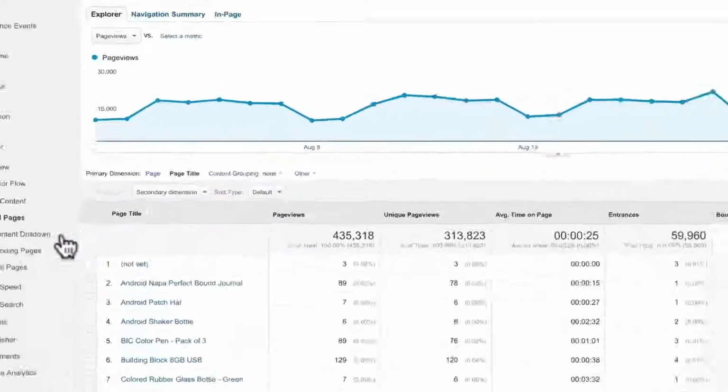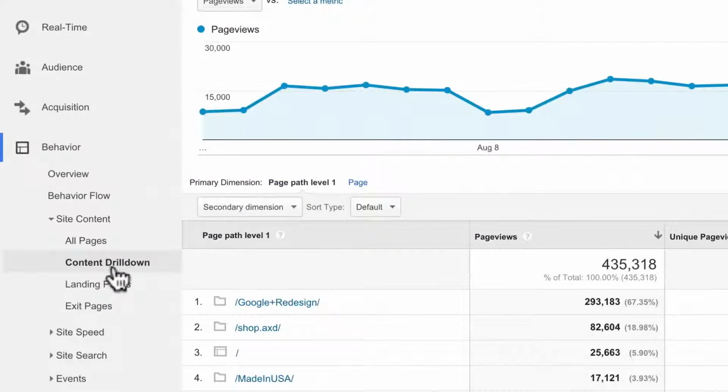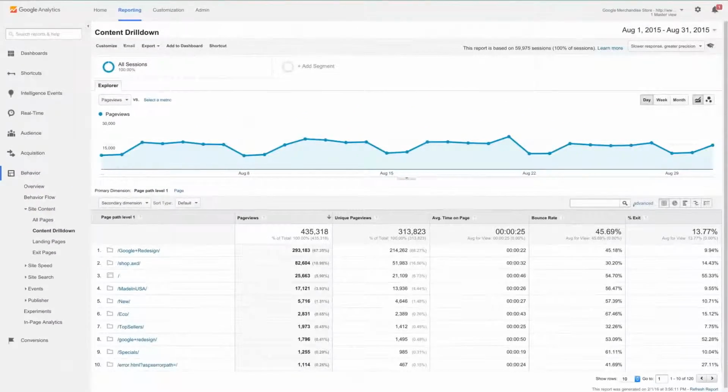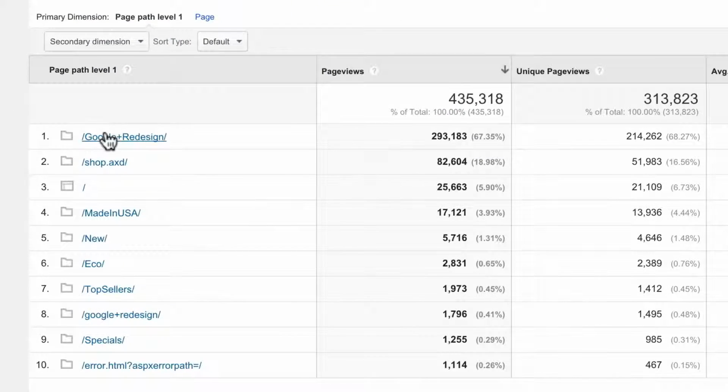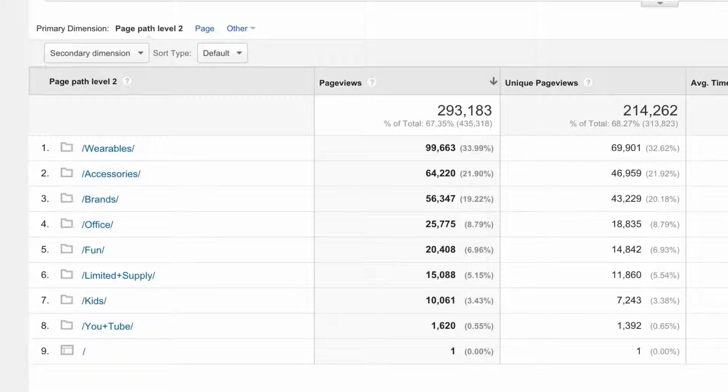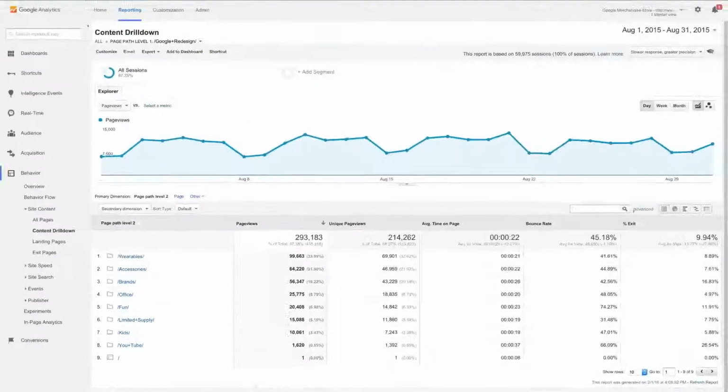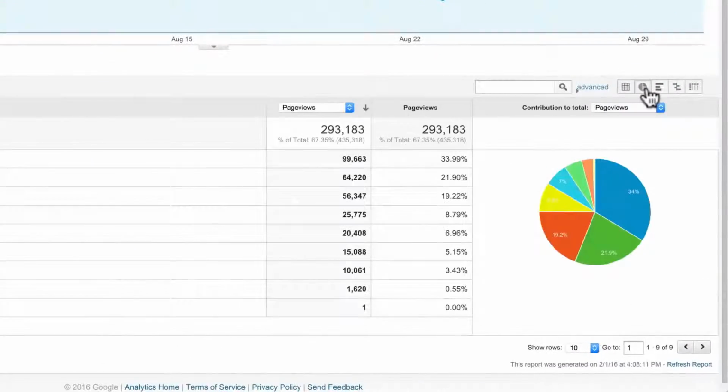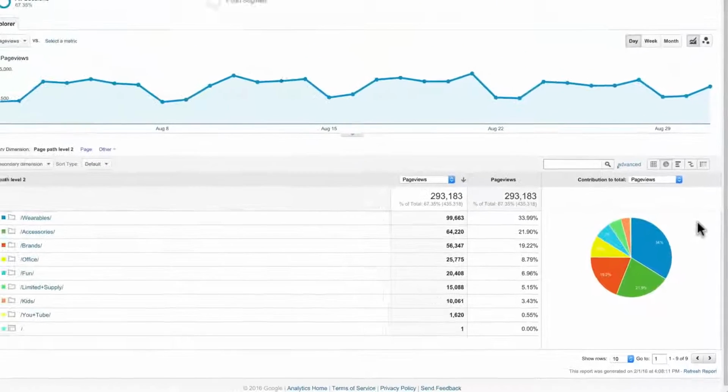The Content Drill-Down report under Site Content groups pages according to your website's directory structure. You can click on a directory to see the pages of your site within that directory. This is especially useful if you're trying to understand the performance of content in a particular section of your website. If you switch to the pie chart view, you can quickly see which sections of your site are most popular